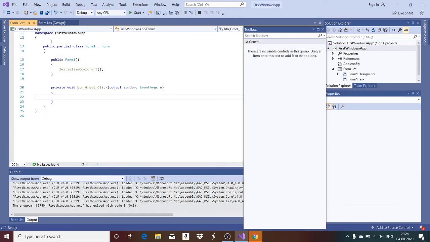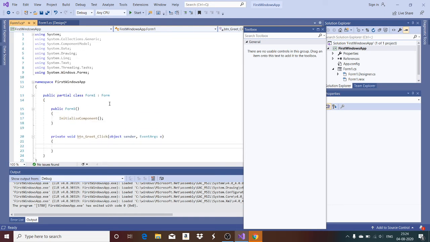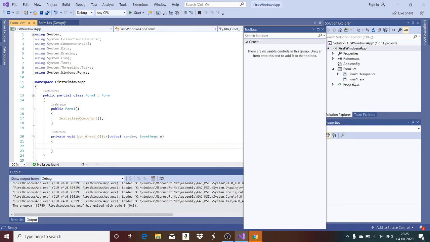You can see a window is opening which you call the code editor. Now observe here, the code editor is having the extension form1.cs, and this form1.cs is also available in the Solution Explorer.